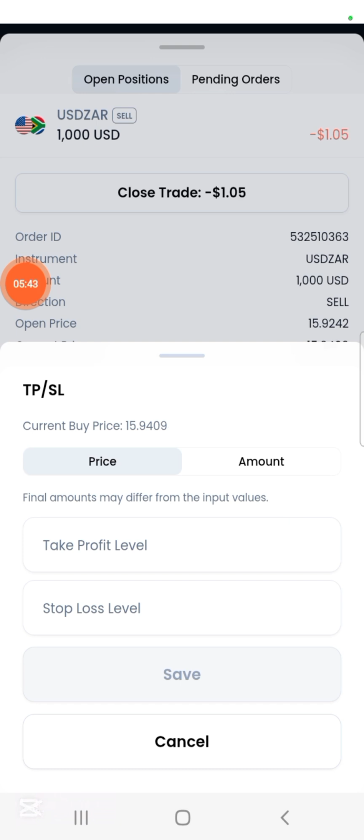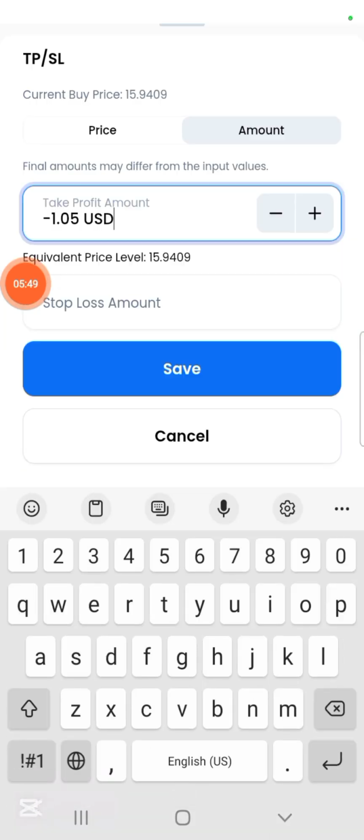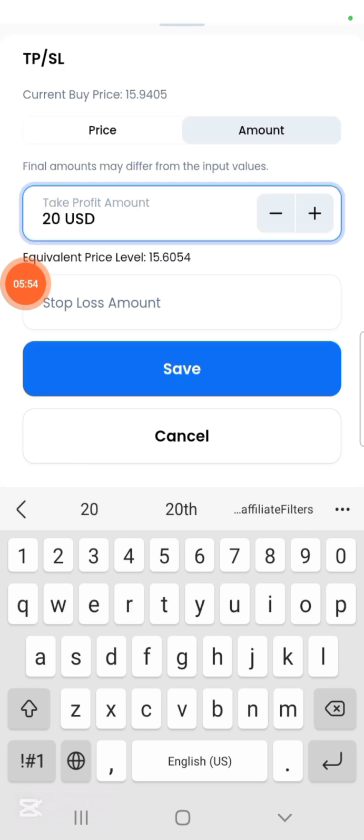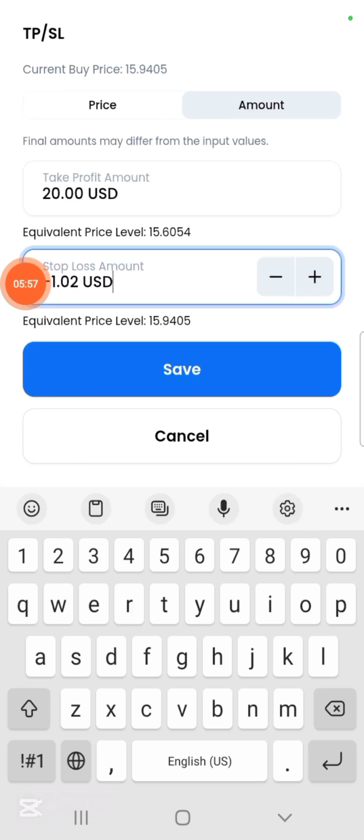But to make things easier, just choose amount and then enter the amount. So let's say on this trade I'll take profits when it reaches $20, and I'll get out of the market when I am down -$10. That's just simple.